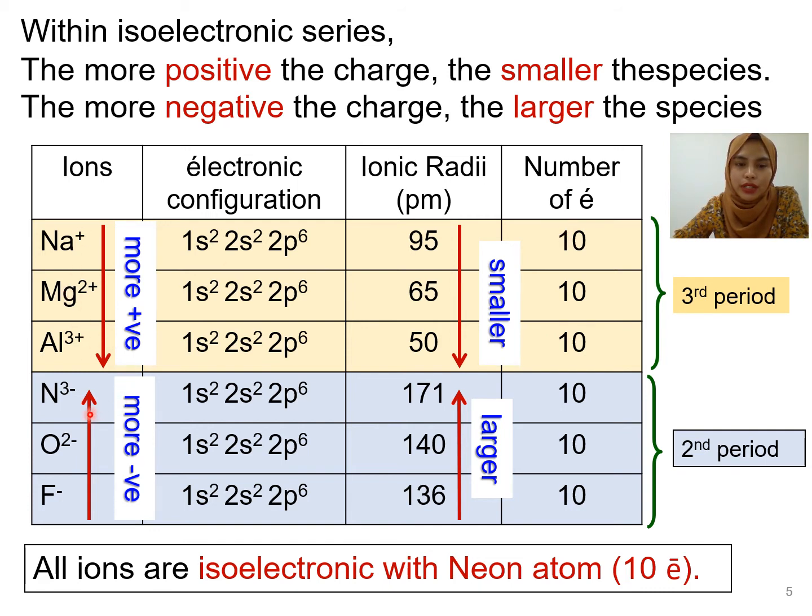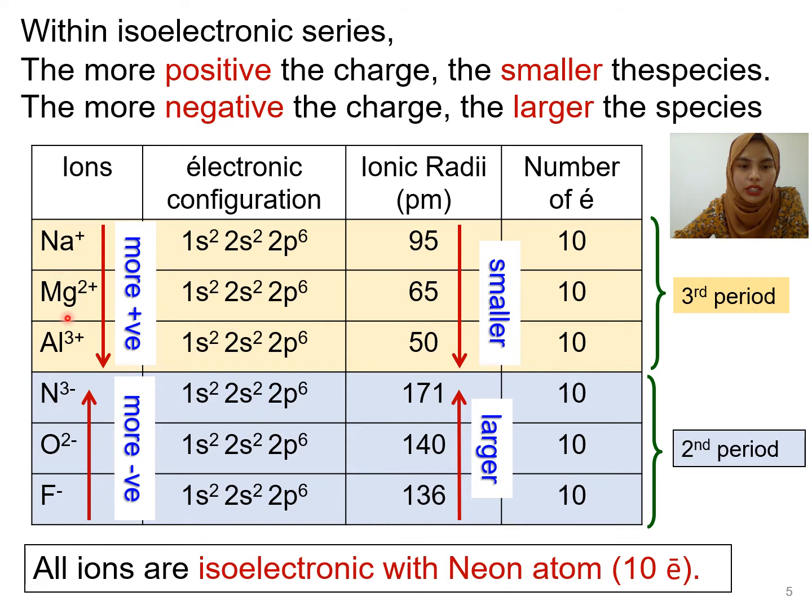Same goes to isoelectronic ions in second period. Bila N3 minus, O2 minus, F minus, bila diorang jadi ions, they have the same electronic configuration, which results in the same number of electrons. Okay, so if you look at the second period, the more negative, okay, makin ke atas makin negatif kan, the more negative the charge, the larger the species. Okay, and all of these ions semua ni adalah isoelectronic ions, okay, sebab diorang ada same